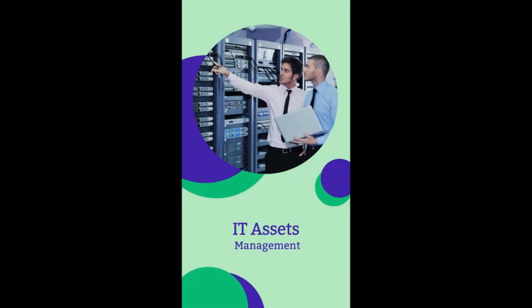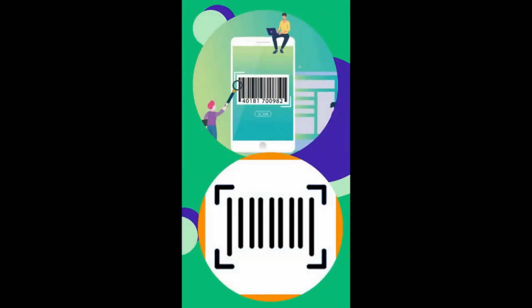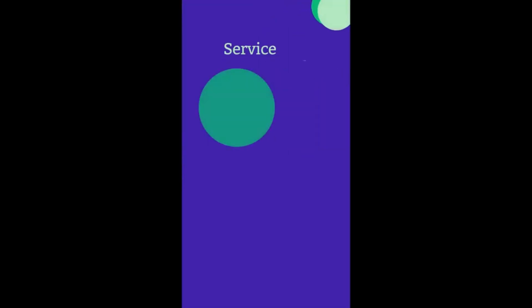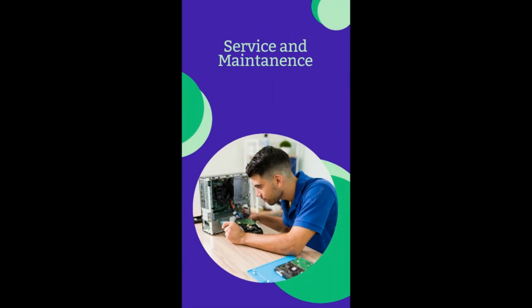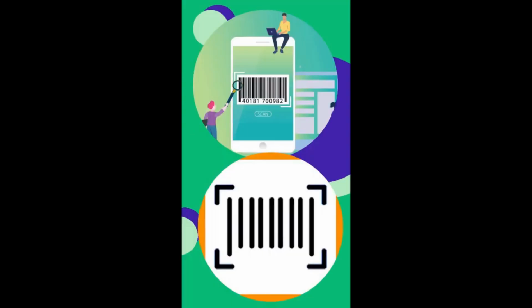To address all these challenges and streamline the process, we have developed a solution. We are now offering a downloadable barcode scanner application from the Play Store that seamlessly integrates with CSS. This solution simplifies the asset taking process and minimizes errors, ensuring accurate and efficient capture of AMC assets. In order to register a service call, it is important that we have the relevant asset details. This allows us to clearly and efficiently identify the asset and provide appropriate support.